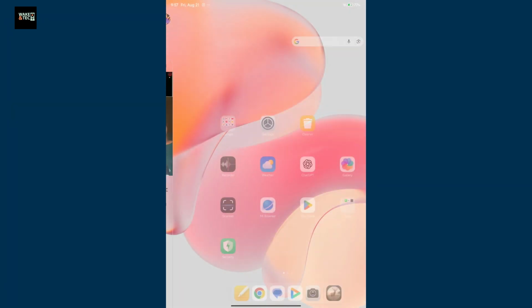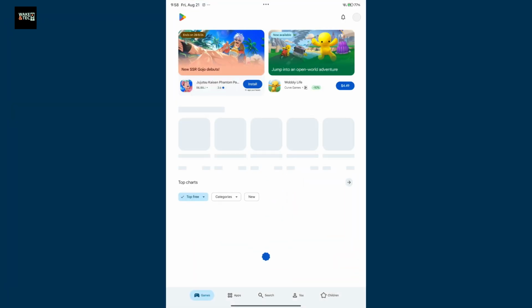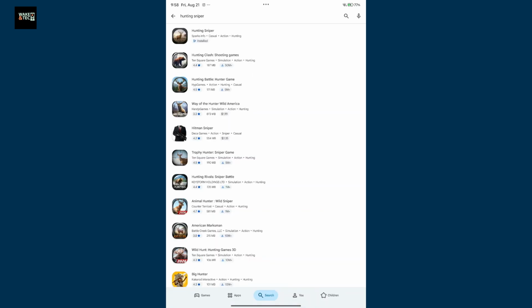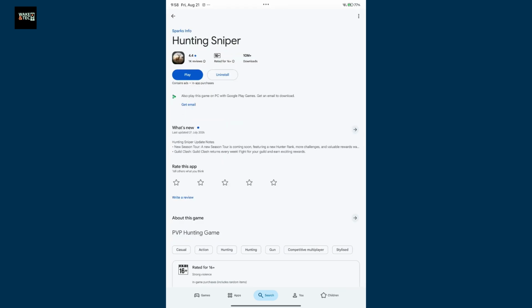update. Open up your Google Play Store or your App Store and in the search bar, type in Hunting Sniper. In the search result, look for the Hunting Sniper app and open it up and check if there is an update button available. If you see an update button, tap on it. If you don't see an update button, then it means you already are running on the updated version of the